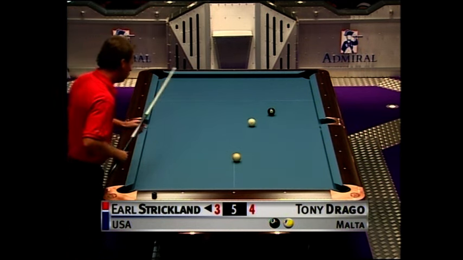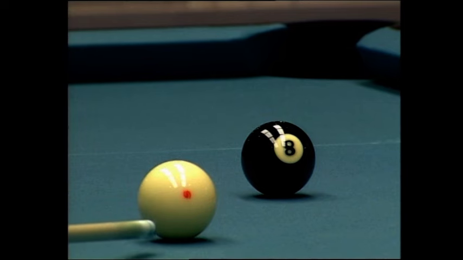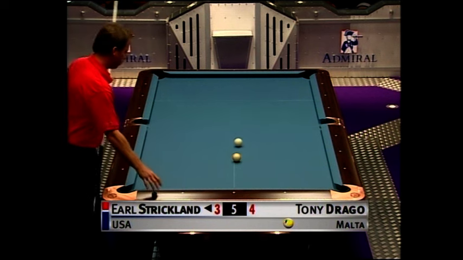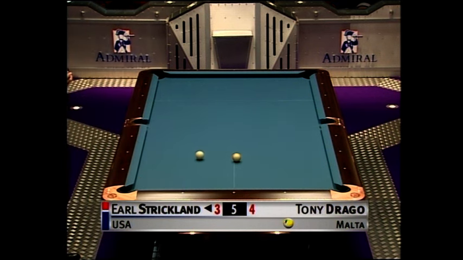4-4. Earl to break. You wouldn't bet against him. Oh, it's a big favorite. Whoever's breaking the balls when it's tied, big favorite. Well, he's missed...